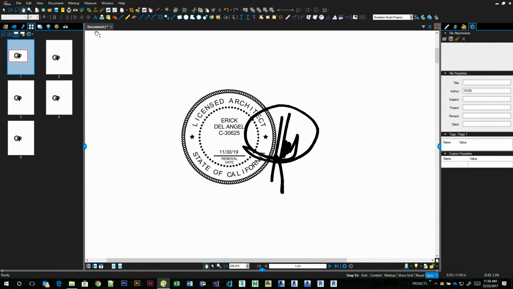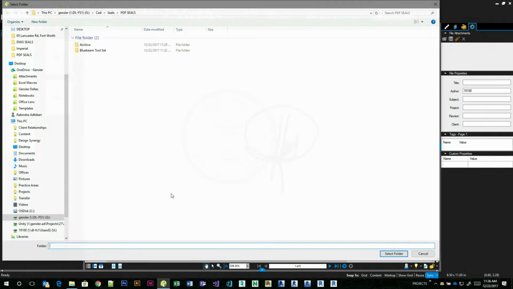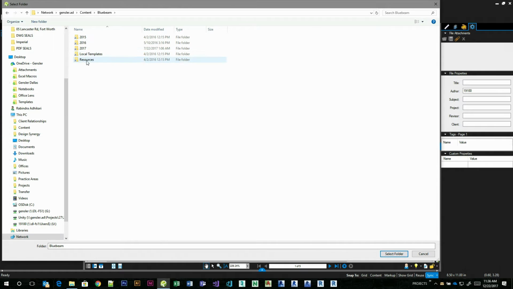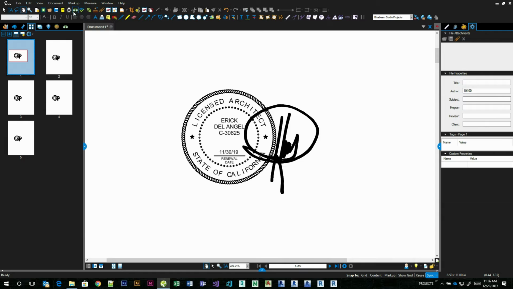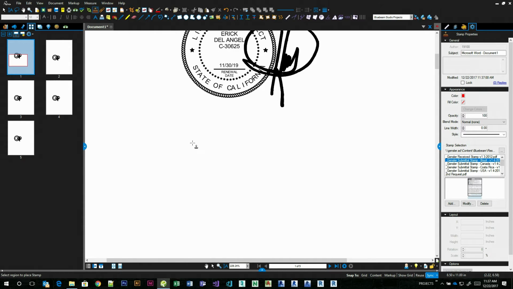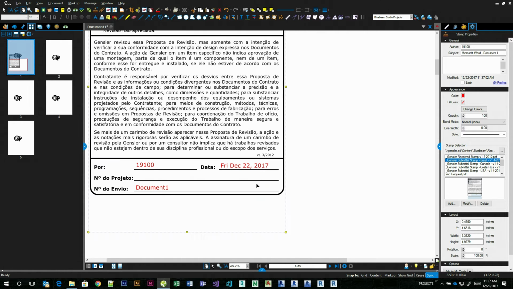Now by doing that, like you said, we lost the ability to go back, and now you have to go back and change the stamp. By default, content, Bluebeam, resources, stamp is what Gensler uses for submittals and whatnot. So I'm going to select that folder. Now all of a sudden, my stamp, which is also this one here, comes back to your received submittals and whatnot, right? So to make this process go away, I mean, you still have the default,